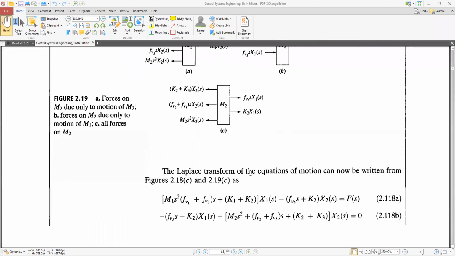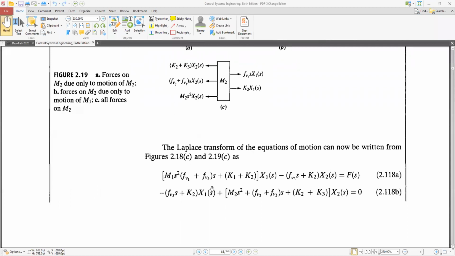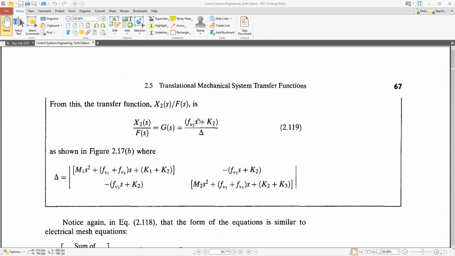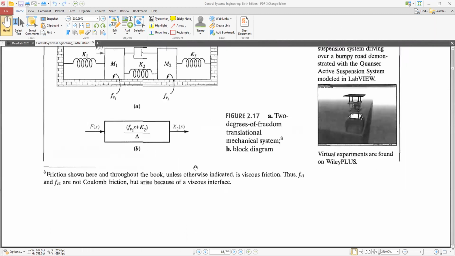Now finally write these two equations and solve them, then you will get the final result. The final result would be like this. You can skip the delta, because if you write the full equation, it would be very large. For the time being, just write delta instead of all the complicated equations.